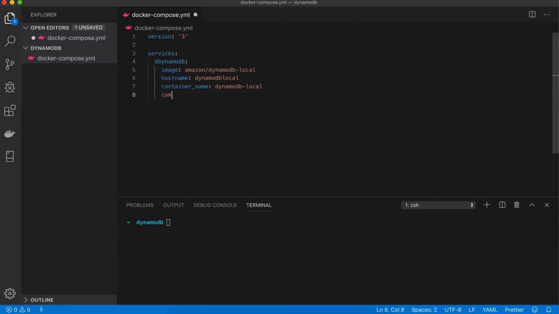Next we need to run one command here. This is used so that whatever changes you make in the database are persistent. Whenever we docker compose down, the data should not get deleted. It should persist whenever we docker compose up the container next time. So for that we need to run this command.